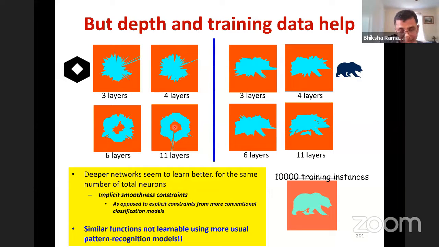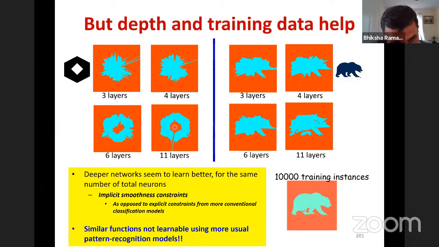So why is that the case? This has to do with regularization. When I have a network with 2 layers, the second layer can only work on the functions that are output by the first layer. So the first layer has already smoothed out what is being presented to the second layer. And so as I keep increasing the number of layers, the later layers see smoother and smoother, basically learn smoother and smoother functions. And as a consequence, you actually get this natural regularization as you increase the depth of the network,